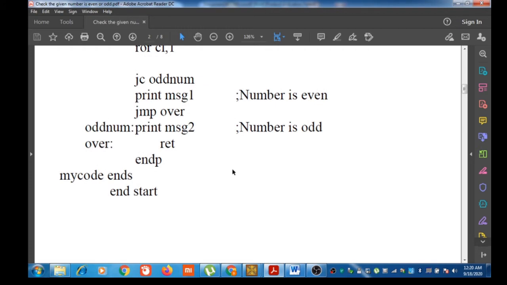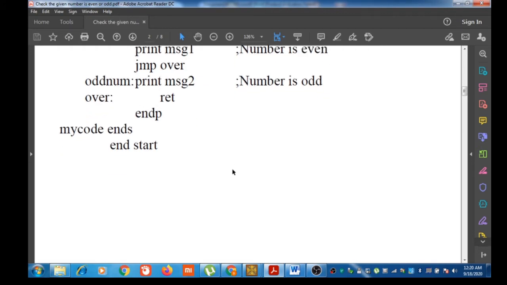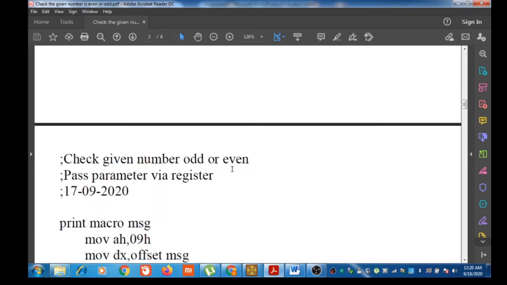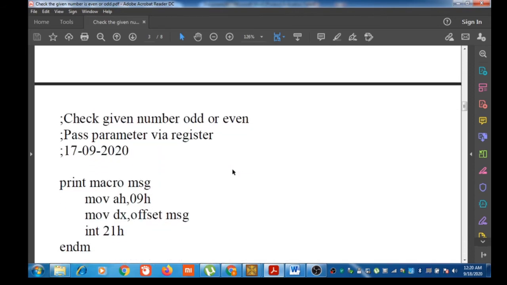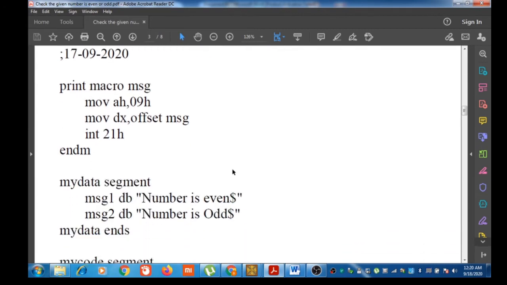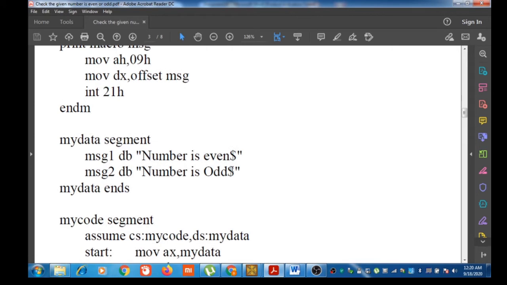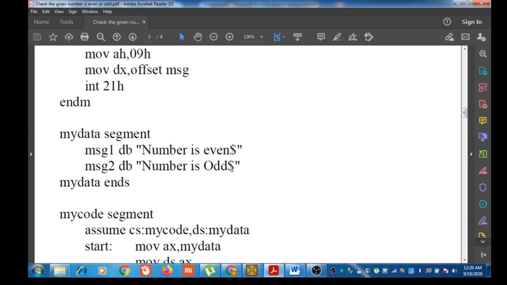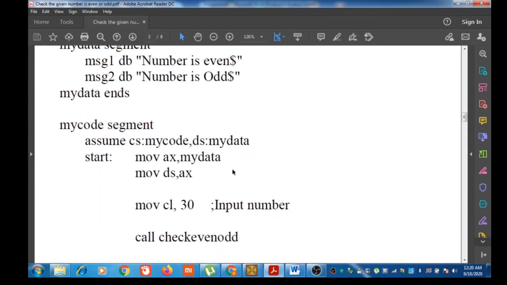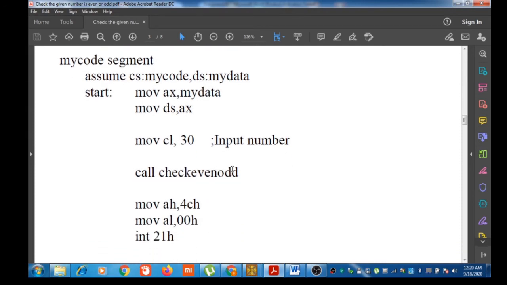And, let us explain the second method using the same procedure, that is passing the parameter via a register. Here we didn't declare the data here in the data segment. We keep the number in a register before calling the procedure.